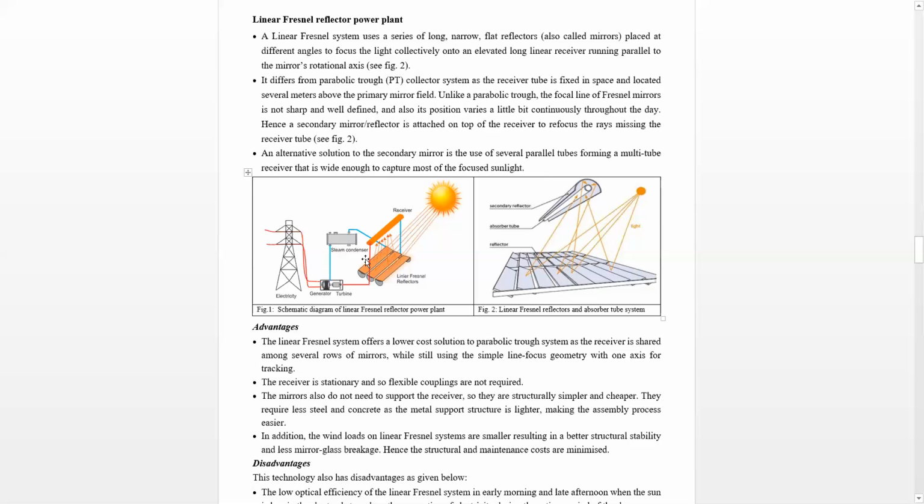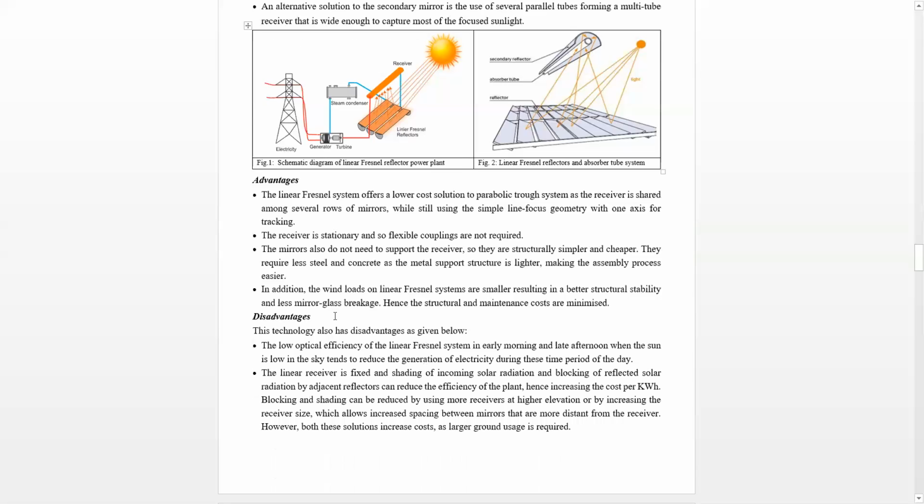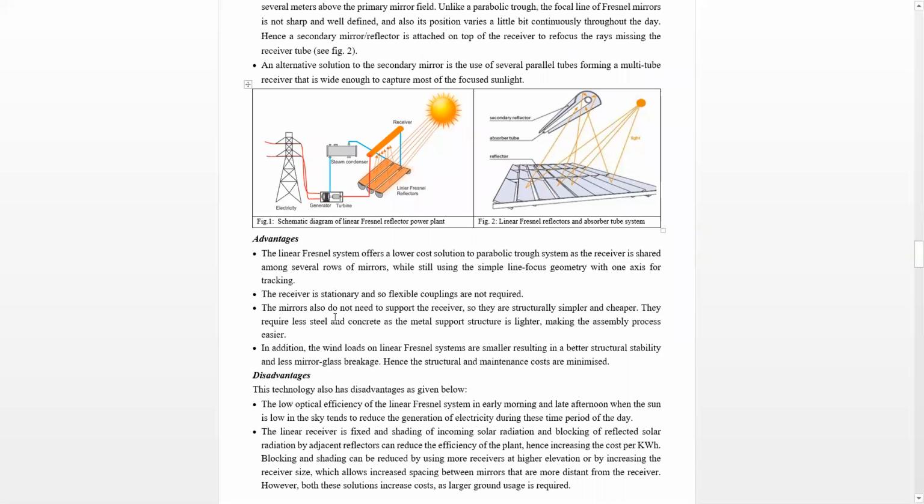Then the rest of the working is like the other solar thermal power plant systems. The energy received on this tube is absorbed by some heat transfer fluid, and then the heat transfer fluid is used to transfer this heat to the water to produce steam, and then the steam is used in the gas cycle to produce power, right? Now the advantages of this system: